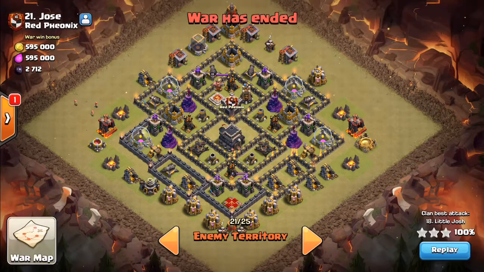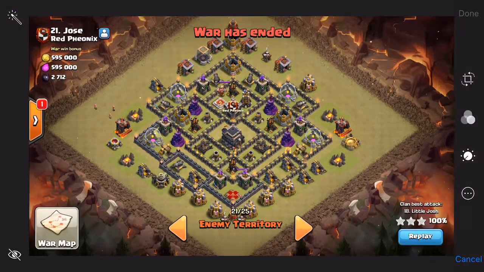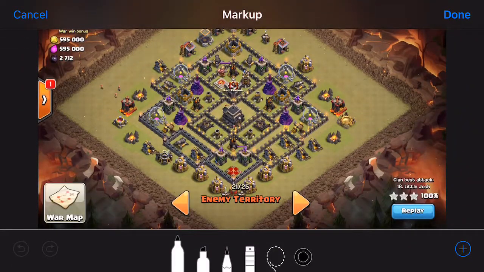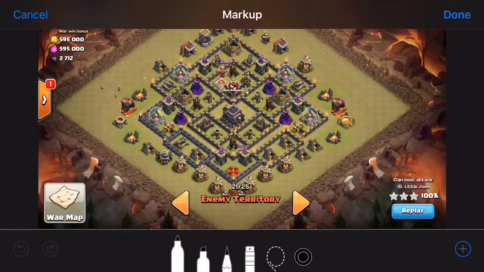So let's plan this here. We're going to go into markup mode so I can draw on this thing. So at a bare minimum, when you're doing LaLo at Town Hall 9, you need to take down the queen and the CC. And you have to have a path for your loons that does not run into an air sweeper. So when I look at this base,